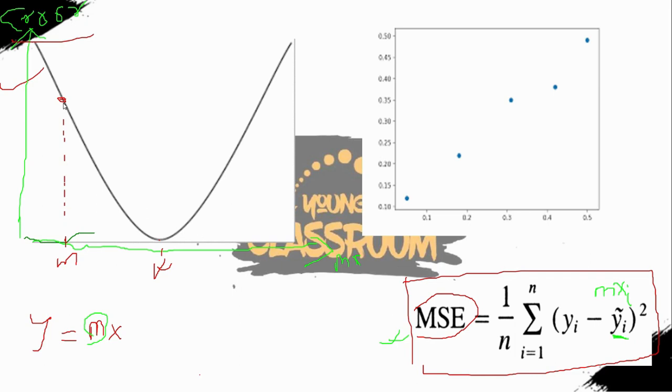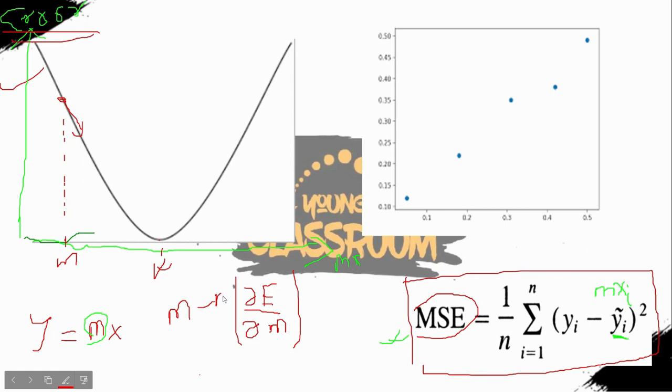We must be descending down along this slope. The basic intuition is to descend down along this slope. So what would you actually be doing? You would be taking an m and subtracting the slope, perhaps the slope of this curve. So the slope is actually of the error curve surface. So error dE by dm, right? And for example, you multiply it with some constant, also known as eta,